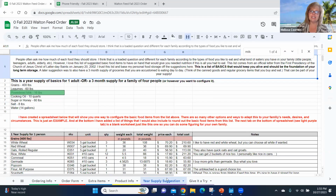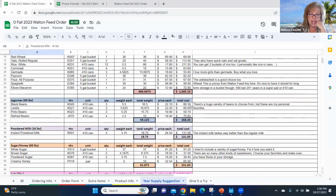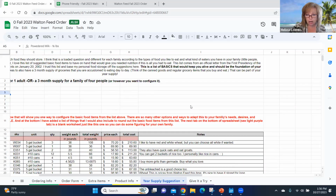And then this is something, let me turn off the little Control F. If you're wondering what you need for your year supply, just go over and read this information. This comes from what the First Presidency of the Church of Jesus Christ of Latter-day Saints suggested that we have as a year supply of food, which also coordinates with what FEMA and the Red Cross also say. But it's your basics. And then it's like, what's the extra stuff? Do I have extra? Yeah, things that I would add. And this is kind of like your basics of what you need. And it's a chart. This is an example chart of,